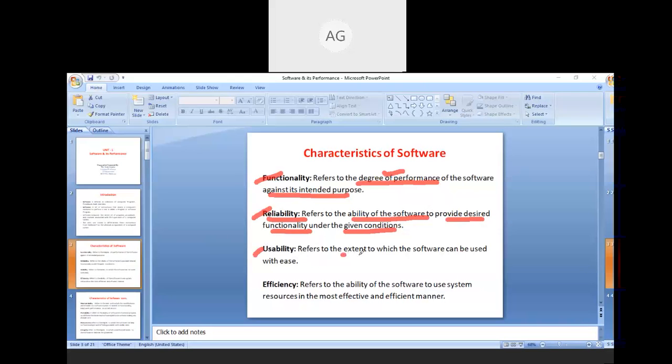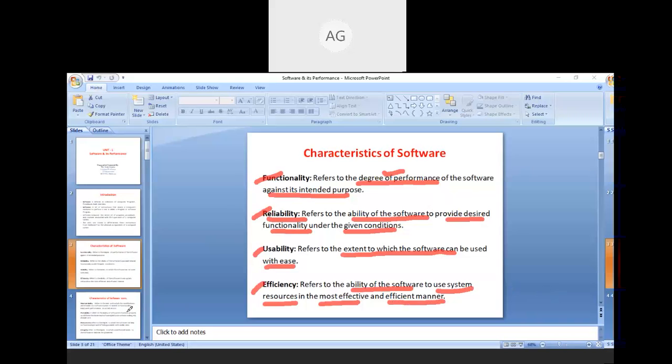So it refers to the extent to which the software can be used with ease. So as we all need a good software which can be usable with ease. So usability is another characteristic of software. Efficiency. So it refers to the ability of the software to use system resources in most effective and efficient manner. So it comes under the efficiency characteristics.